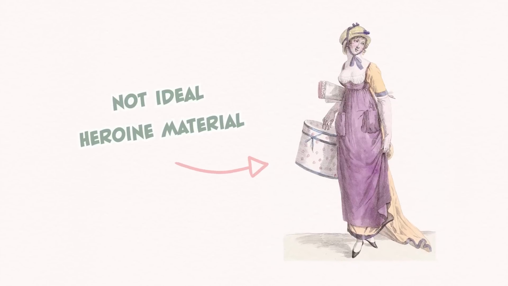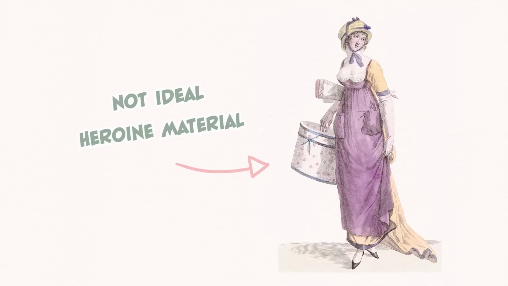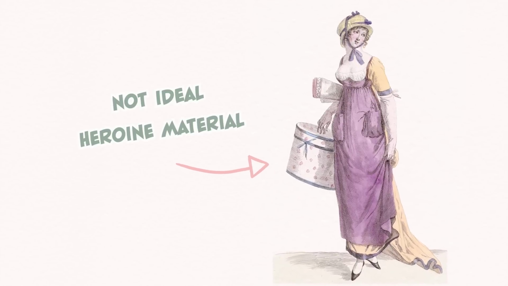So Jane Austen's introducing this plot line, this main theme of her book, in the very first line. We're talking about heroines and what it means to be a heroine. Does Catherine have it? Apparently no one thinks so. She's definitely not living up to these ideals. She's not from the ideal family. She's not from the ideal background. She does not have the ideal character traits. She doesn't have the ideal pursuits. She's just not a heroine. She's not heroine material.